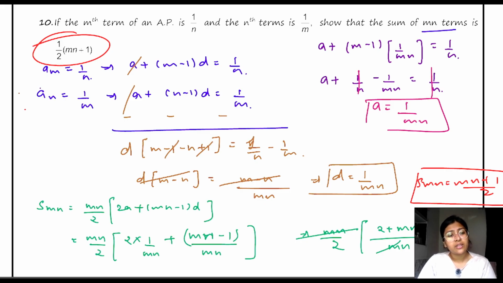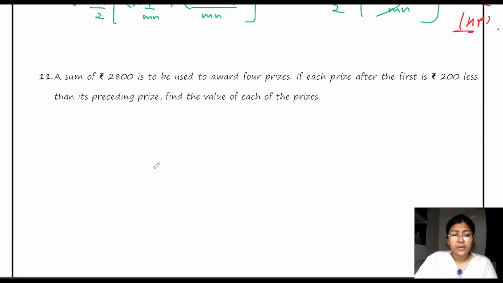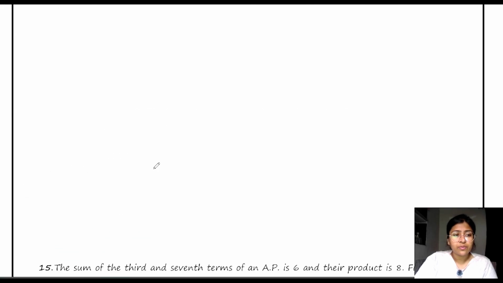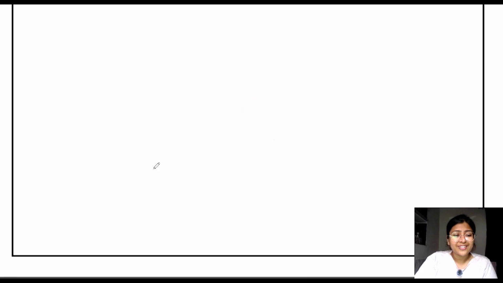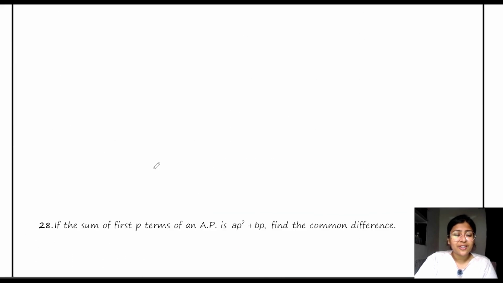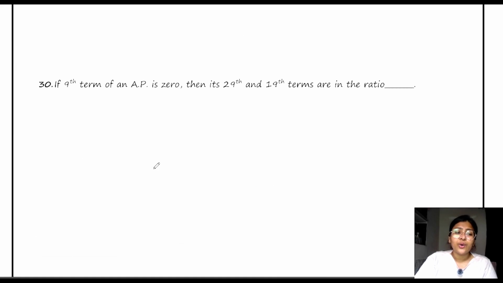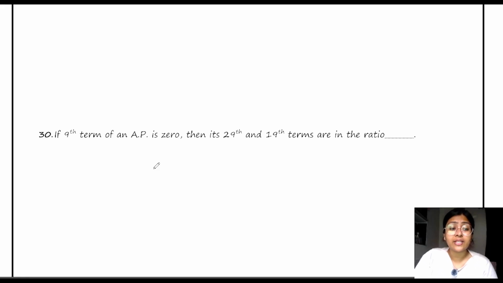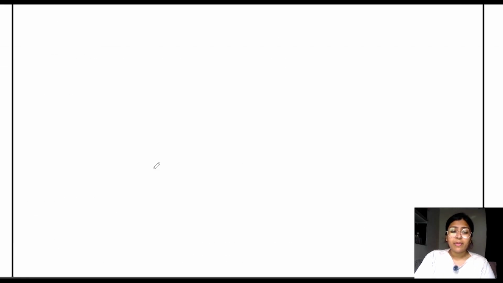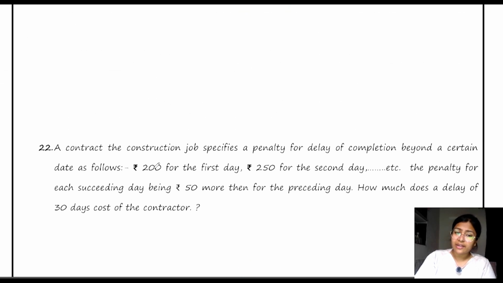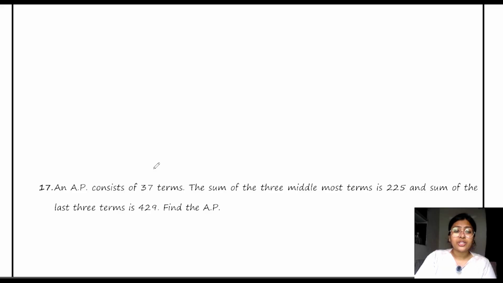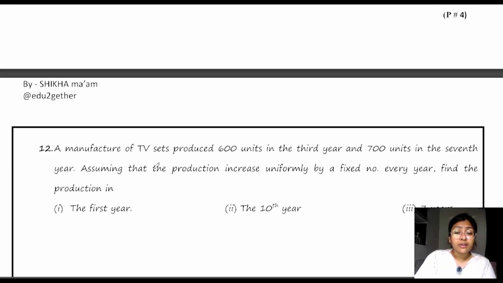Now we will meet in the next part, where again we are going to solve 10 questions. How many questions are there? Oh, there are so many questions left. 30. Okay, this PDF has 30 questions. So the first part is done already by doing 10 questions. In the second part we also do 10 questions, and in the third part we will do the next 10 questions. So we will complete all the 30 questions of this PDF.